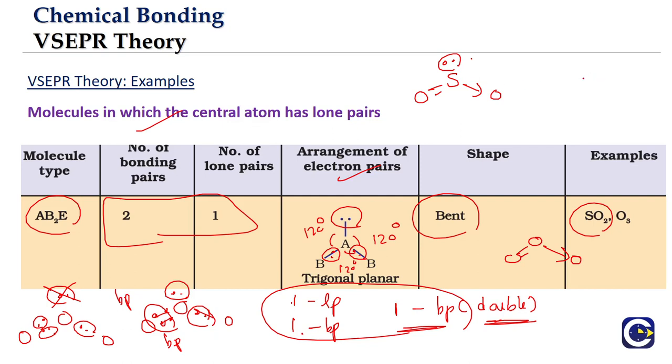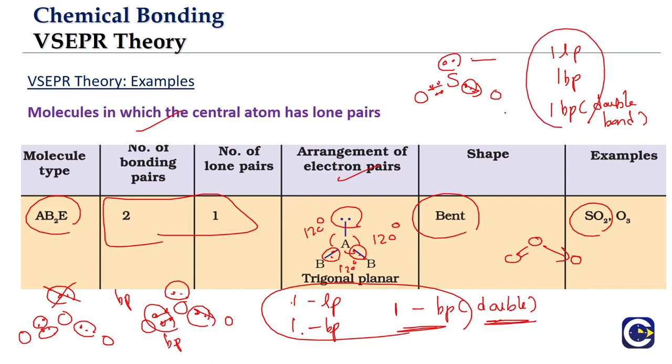the sulfur has one lone pair. Here we will have one bond pair, and this is a double bond. The double bond we will not count two times, we will only count it once. One bond pair for the double bond. Totally we have to give three positions, which means trigonal planar, correct. In the trigonal planar, one corner is taken by the lone pair, which means we will only be able to see the positions of the oxygen atoms and the sulfur atom. So what is the overall shape we see? It is a bent shape.